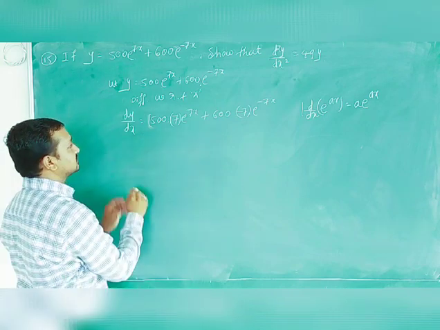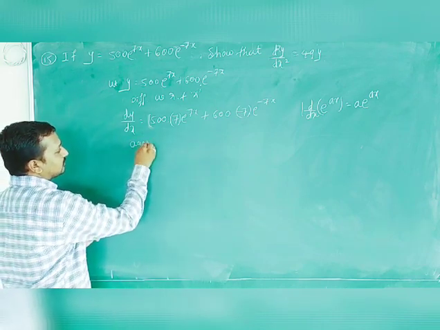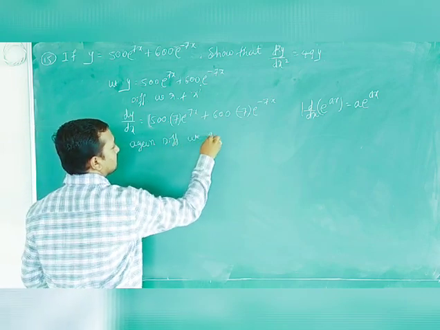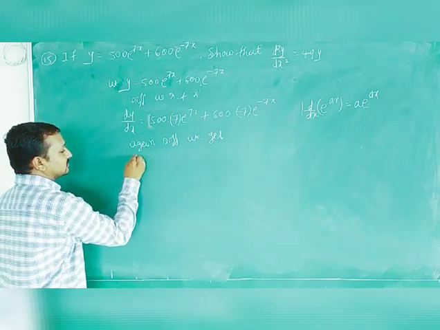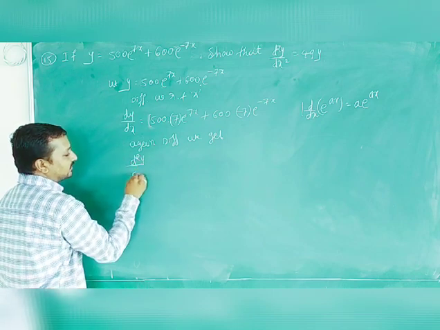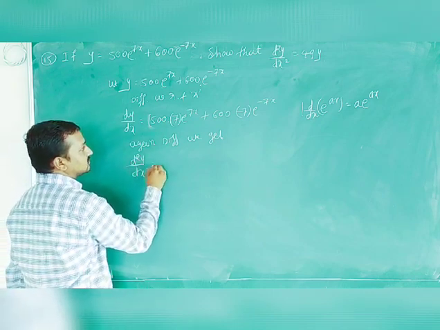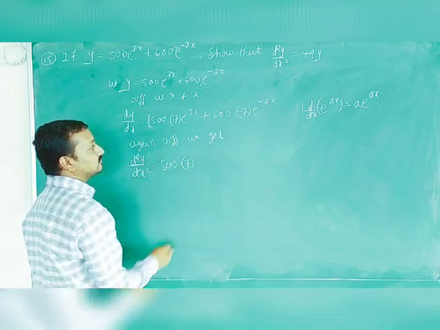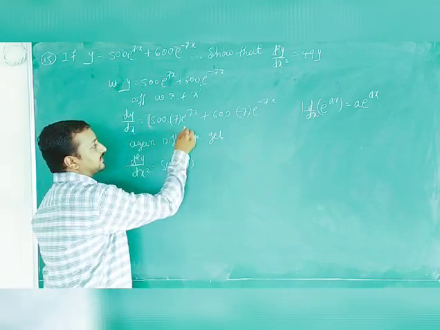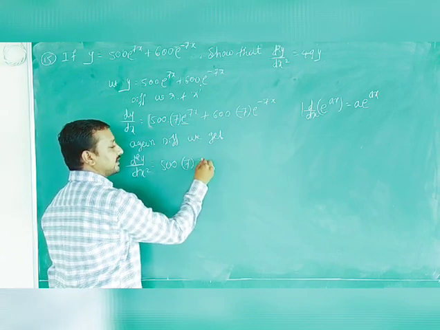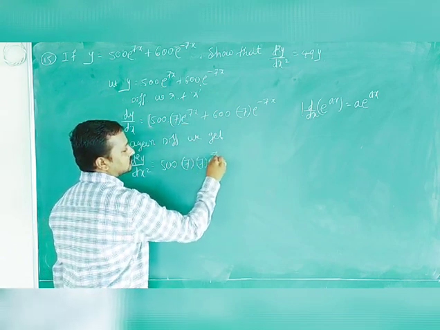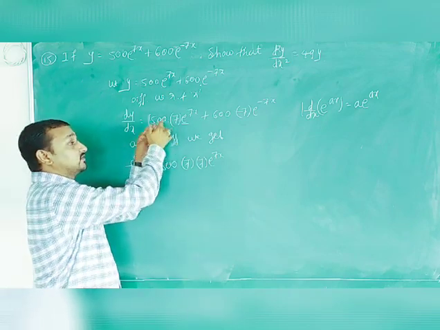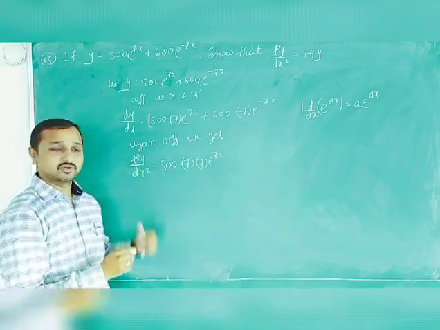So again keep the same as it is. Again differentiate, we get the derivative of dy by dx, d2y divided by dx2 is equal to 500 keep as it is and 7 is also kept as it is. This is a common term. What is the derivative of e raised to 7x? Again 7 into e raised to 7x. That's why we multiply 7 to 500. This is very easy.